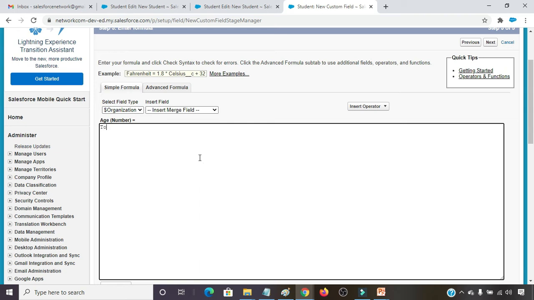Today, TODAY is a function, and I am subtracting the DOB underscore underscore C, because this is a custom field, and the whole thing I am dividing by 365.